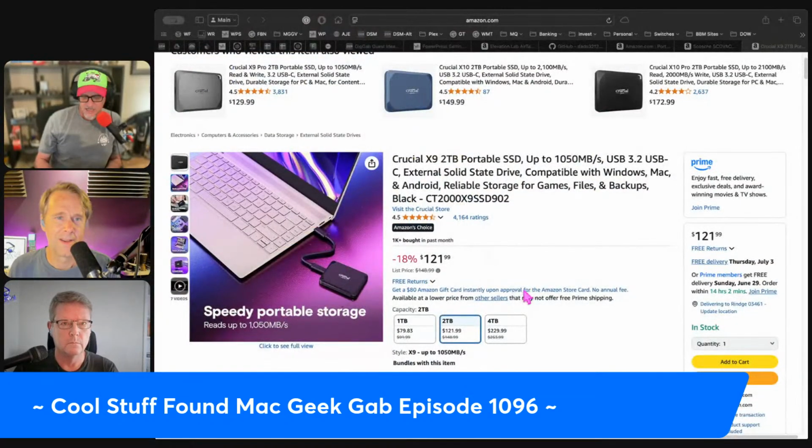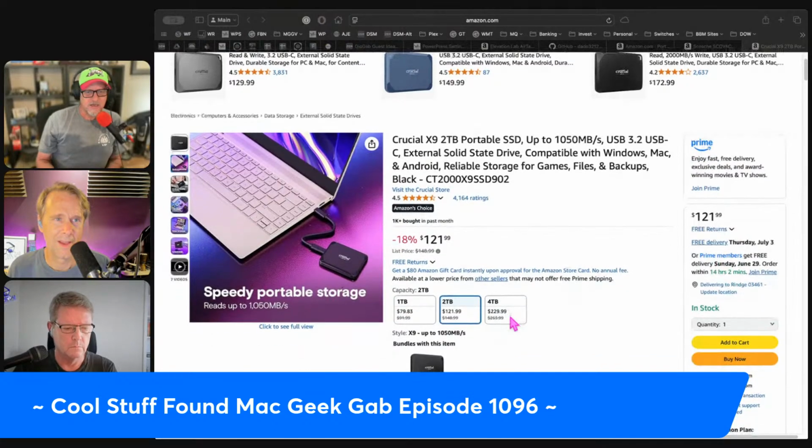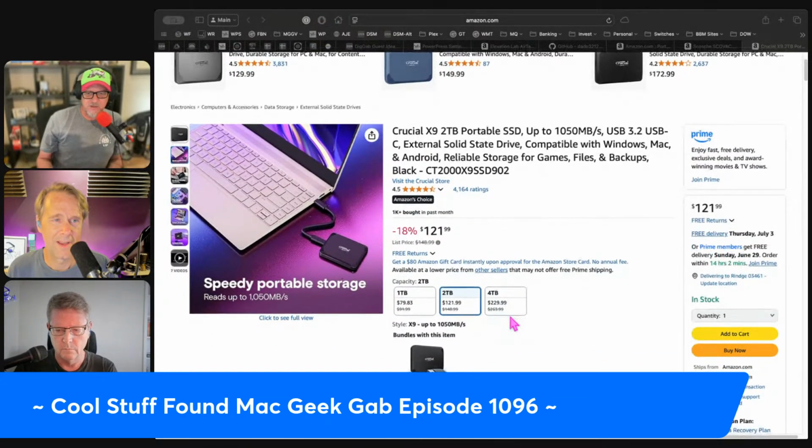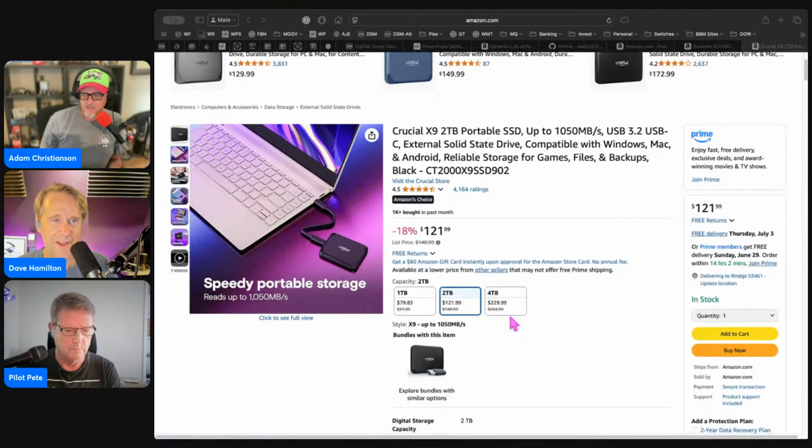USB-C 2 terabytes off Amazon, $122 basically. But when it came, I almost thought they didn't send it, because I also ordered this hub, which I think we're going to talk about, from Anker. It came in an Amazon bubble pack. It was the tiniest thing. I pull this thing out, and I'll show it on the video. We'll have screenshots and links in the show notes, but this thing is smaller than a small